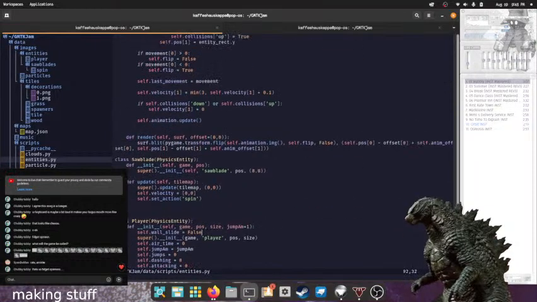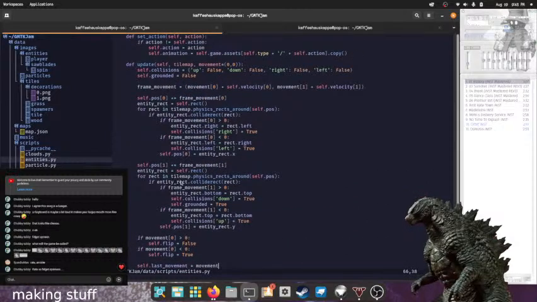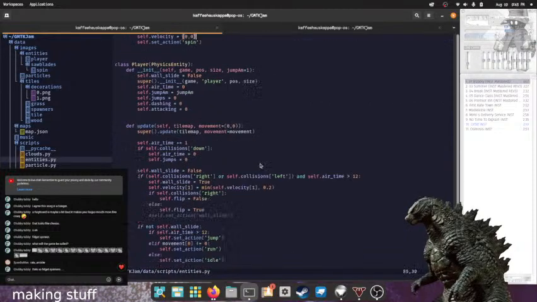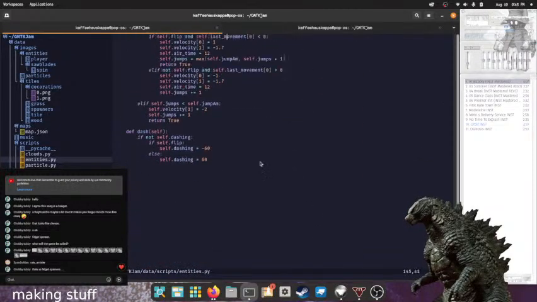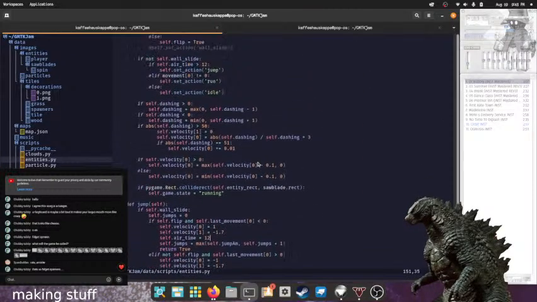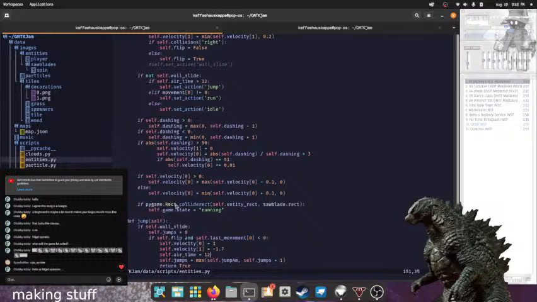Wait, let me look back up here and see how I use it. Okay, so it is if entity rect dot collide rect and then collide rect sawblade dot entity rect.